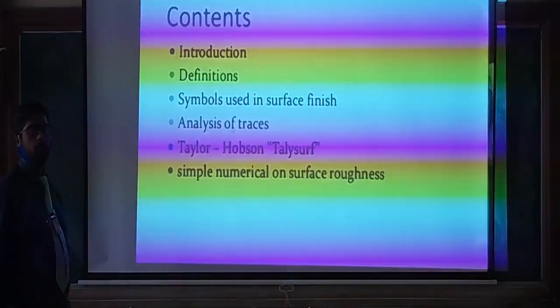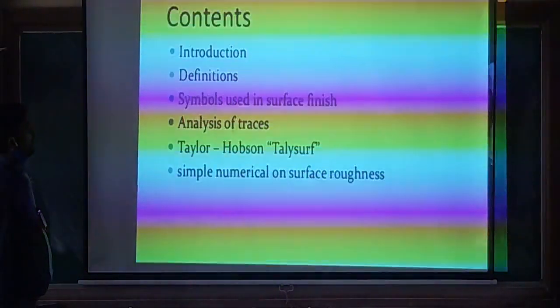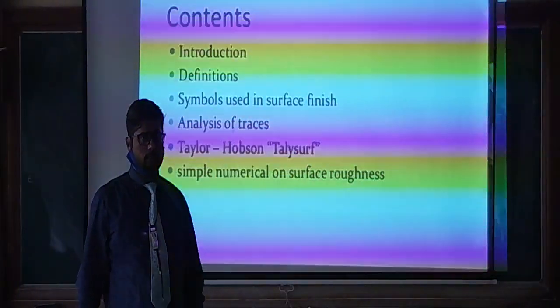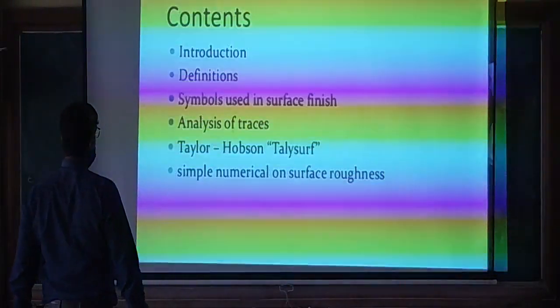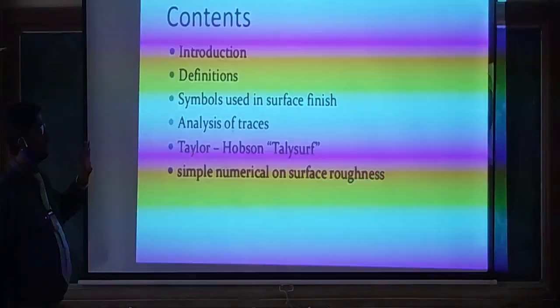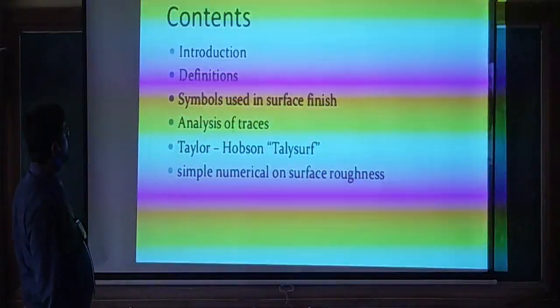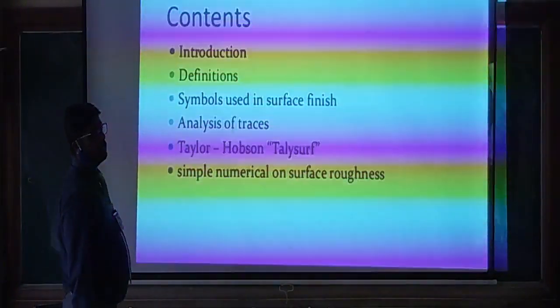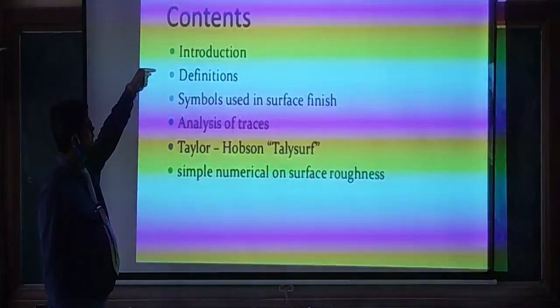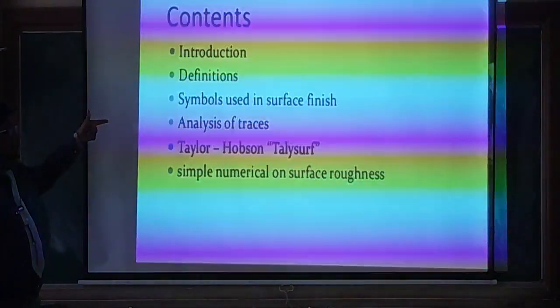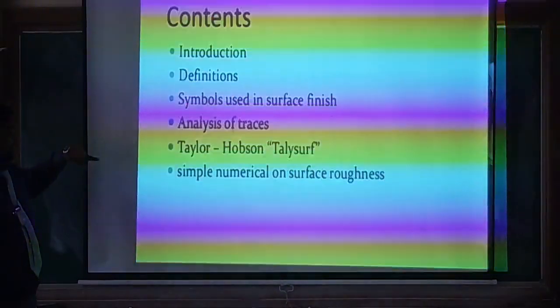Okay, good afternoon everybody. In the last class, I will take a recap session for 5 minutes, and then I will start with the further explanation of the surface measurement. In the last class, we learned about the introduction, definition, and the contents of surface measurement: symbols used in surface finish, analysis of traces, Taylor-Hobson's Talysurf, simple numerical